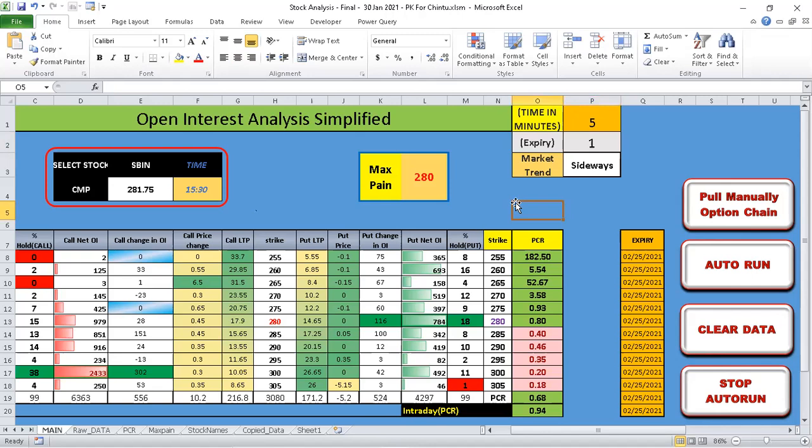Apart from some changes which have happened in the background, which may not be very important for you. Here on your right, you will be able to see which expiry you are looking at. So say for example, I'll just show you if I just pull Nifty data for this week by putting 1. In this example, I am pulling the option chain manually. I will just click pull option chain. You will see the system immediately starts functioning.